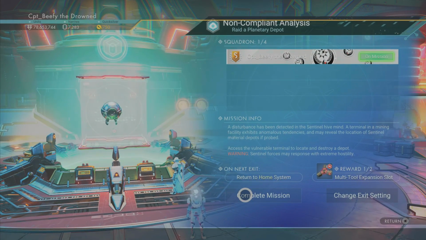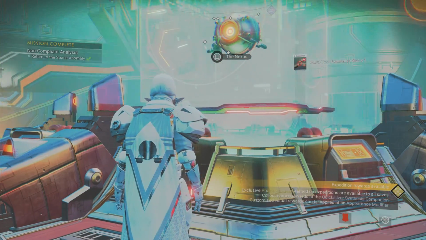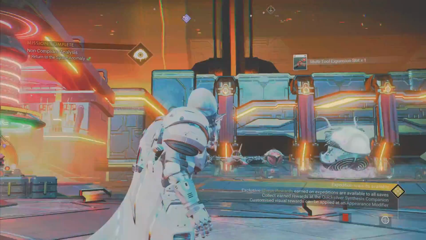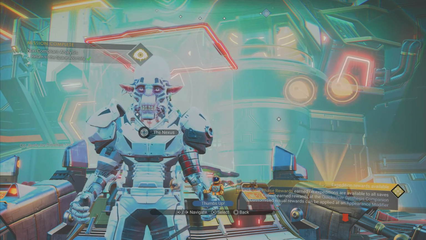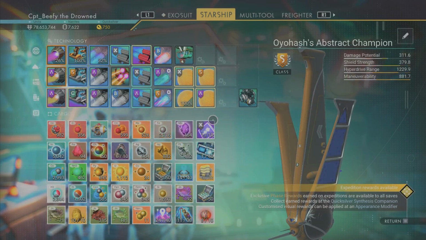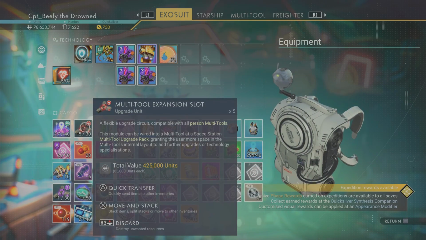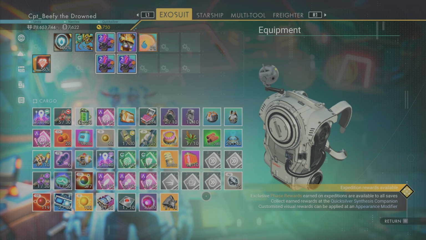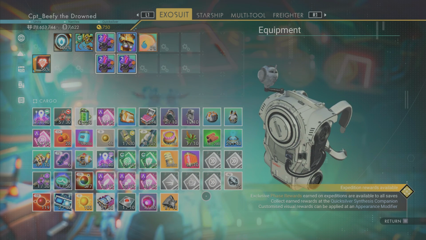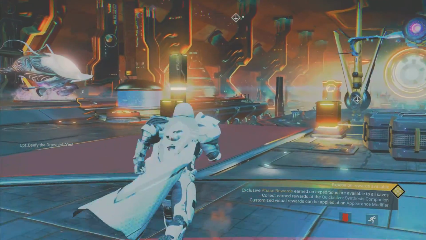Alright, well, we went ahead and finished that mission. Let's go ahead and collect our multi-tool expansion slot. Bingo. Cha-ching. Alright, how many do we have altogether now? I think we're up to 6, right? We had 1 to start with. We're up to 5. Alright, so we got 5 of them. I think we had 1 to start with. Then we got the 2 from the missions, 1 from here, and 1 from doing the